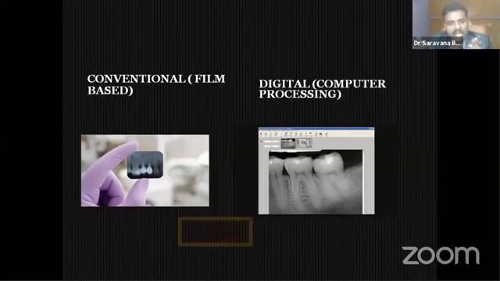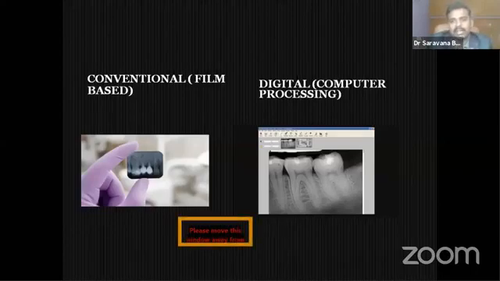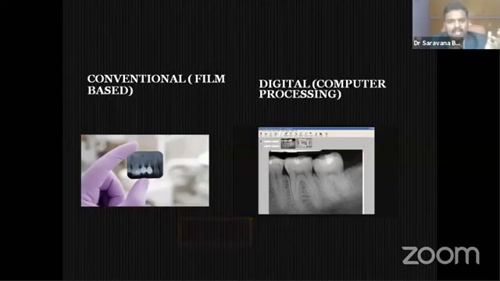Immediately, you can take n number of images, and we can go for enhancements also. Okay, if you want to increase the contrast, you can. If you want to decrease the contrast, if you want to increase the sharpness, if you want to zoom, if you want to go for any measurement, it is possible with the digital imaging method. This everybody knows. The important point you have to keep in mind is the very minimal radiation dose, and it is environment friendly. No need to dispose of the waste, no need to dispose of the chemicals, lead foil, and we can take many radiographs.